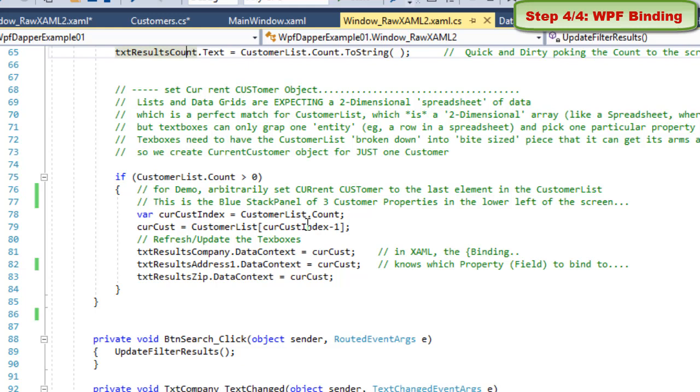Okay, and something just a little bit different because we have a current customer object. Lists and data grids are expecting a 2-dimensional spreadsheet type of data. So that's perfect for the customer list, which is 2-dimensional. Like a spreadsheet. But text boxes can only grasp or get their hands around one entity, like one row in a spreadsheet, and pick a particular property in there, like one column. So we have to have the customer list broken down into something bite-sized that a text box can get its arms around. So we created the current customer object for just one customer, and then we just have to populate